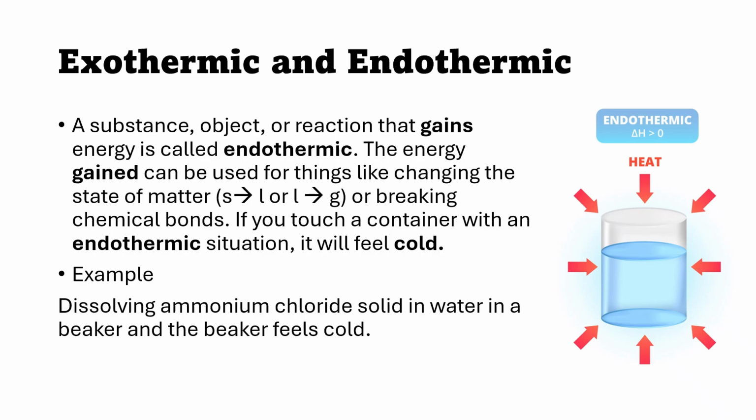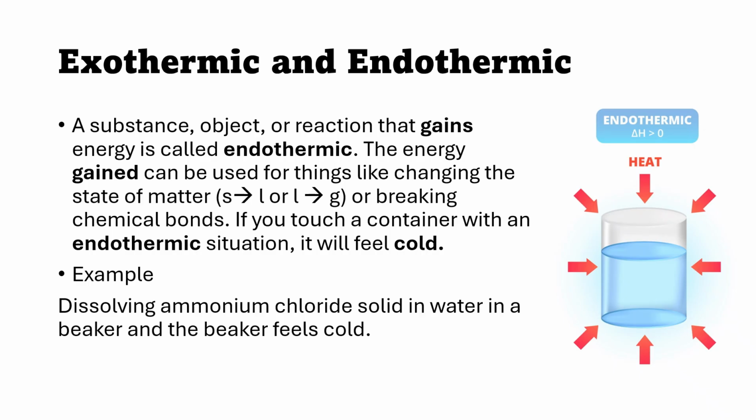We will also need to determine if a reaction or situation is exothermic or endothermic. A substance, object, or reaction that gains energy is called endothermic. The energy gained can be used for things like changing the state of matter, making a solid a liquid, so melting, or turning a liquid to gas, which is boiling, or breaking chemical bonds. If you touch a container with an endothermic situation or reaction in it, it will feel cold because it is pulling the heat from the surroundings,